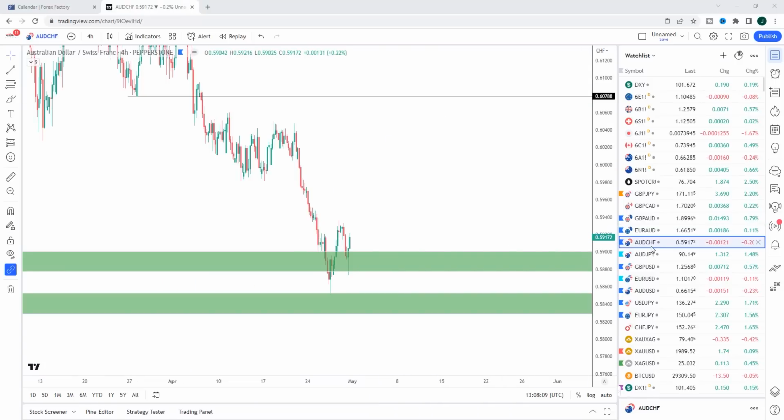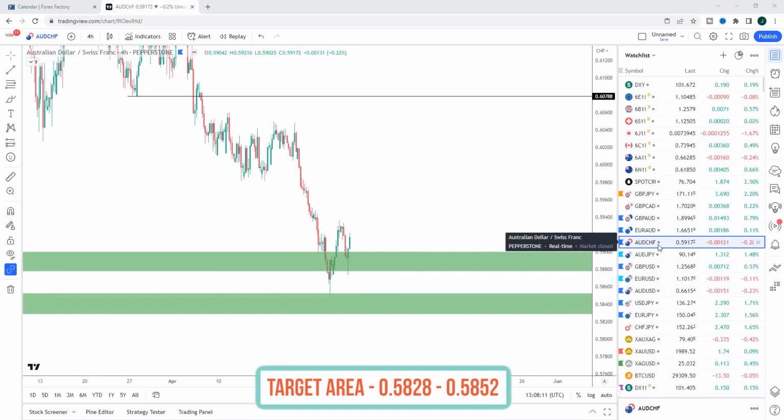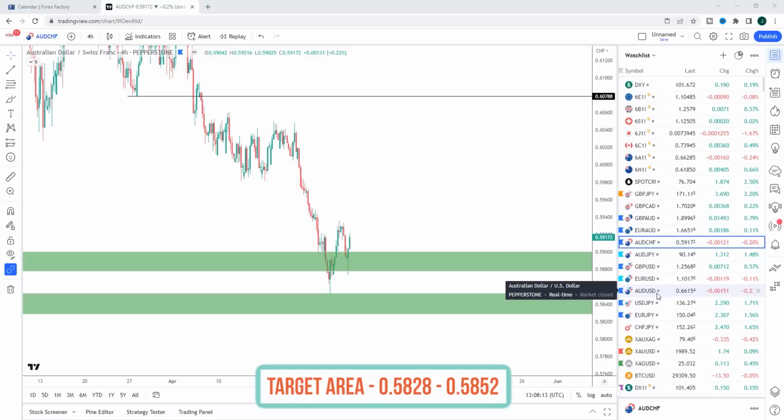And the final Aussie pair based on Australian dollar weakness, although we will look at it versus the US dollar, but that will be after FOMC, is Aussie franc. This was the market highlight to the downside, and we did trade into the max profit zone. You can see we bounced from here. So this was an optimal place to book profits on any shorts in Aussie franc.